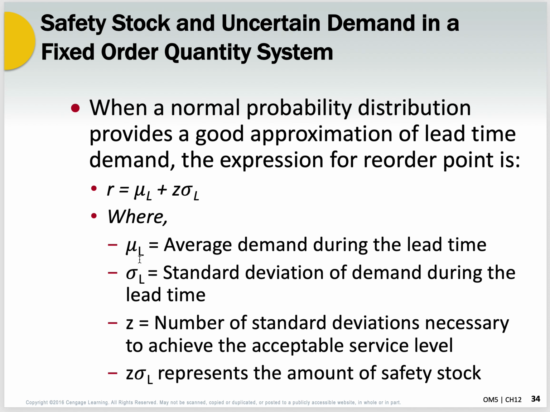So mu times L is the average demand during lead time. Sigma sub L is the standard deviation of demand during lead time. Z is the number of standard deviations necessary to achieve an acceptable level of service. So Z times sigma sub L represents the amount of safety stock. This is how you calculate the reorder point, that's the demand during lead time. So when I get to that R, that's what I get. But I'm going to add this much more inventory